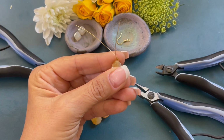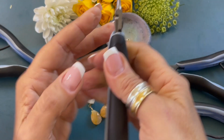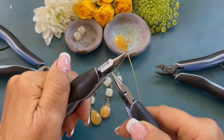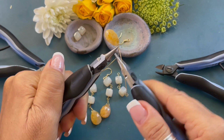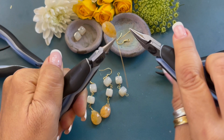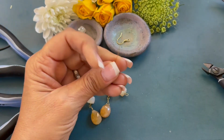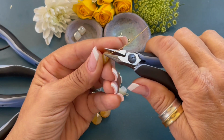bend that wire up. Now I'm going to grab these 2 center wires, and I'm going to switch hands, and I'm going to wrap 1, 2, 3. Going to remove it. I'm going to trim off that long end, and I'm going to come back in, and I'm going to gently tap